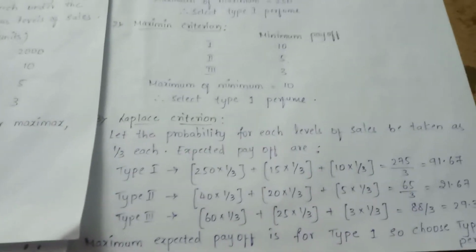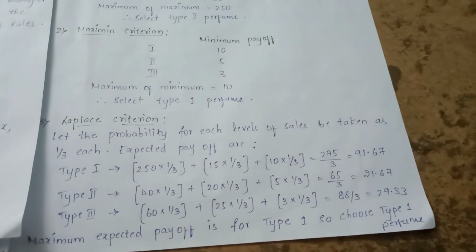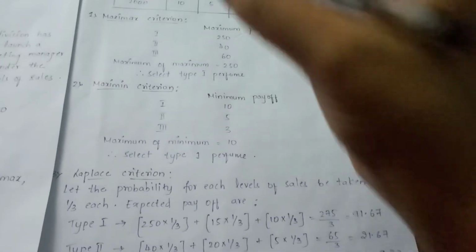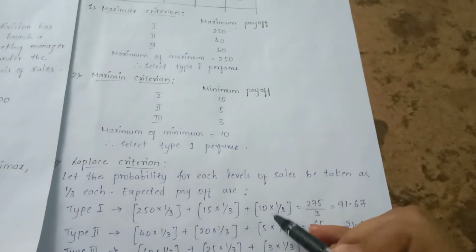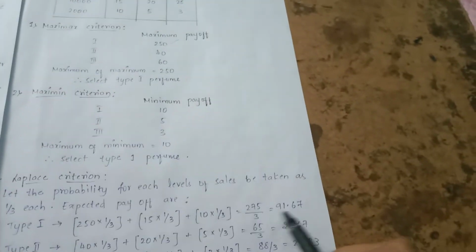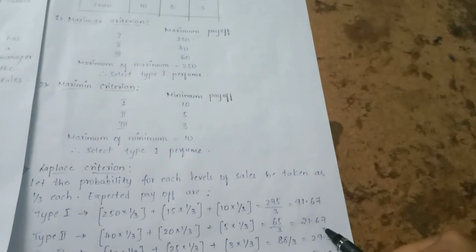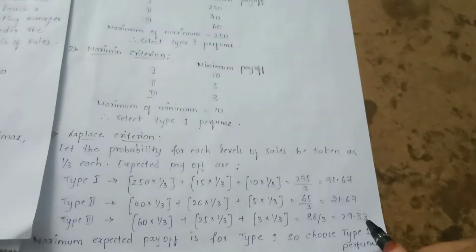Next, the third one, students, is the Laplace criterion. We need to assign the probability of occurrence based on the number of states of nature. How many states of nature are there, students? There are 3 states of nature, so our probability will be 1 by 3. For type 1 perfume, 250 into 1 by 3 plus 15 into 1 by 3 plus 10 into 1 by 3. So 275 by 3 is 91.67. Same, 40 into 1 by 3, 20 into 1 by 3, 5 into 1 by 3, that is 21.67. Type 3, 60 into 1 by 3, 25 into 1 by 3, 3 into 1 by 3, that is